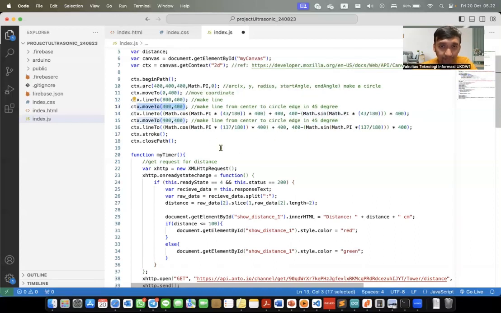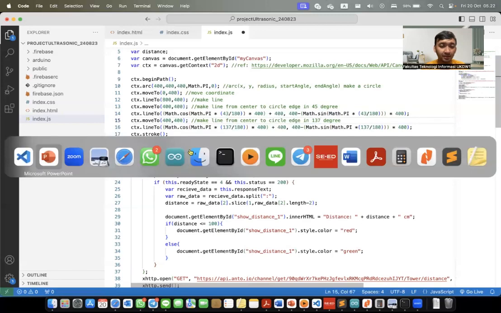After that, we also make the 137 degree line. Move to 400.400.